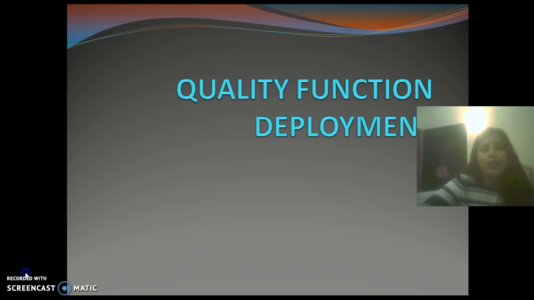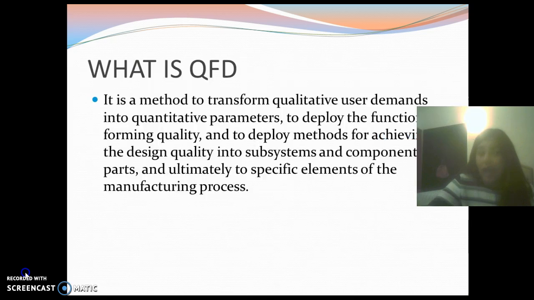Now what is quality function deployment? It was developed in Japan in 1966 to help transform the voice of the customers into engineering solutions. By definition, it is a method to transform qualitative user demands into quantitative parameters to deploy the function forming quality and to deploy methods for achieving the design quality into subsystems and component parts and ultimately to specific elements